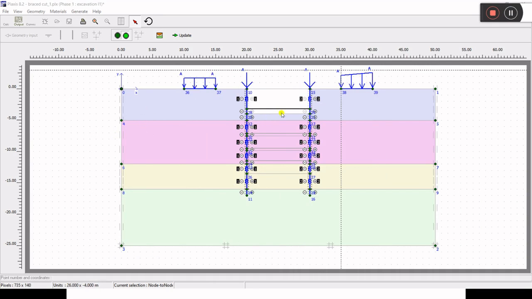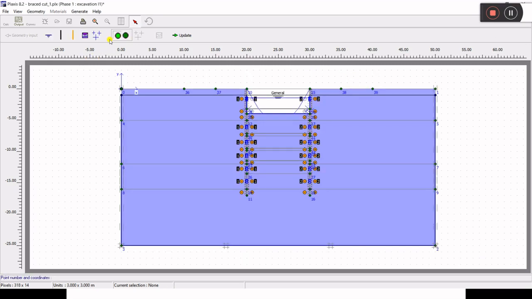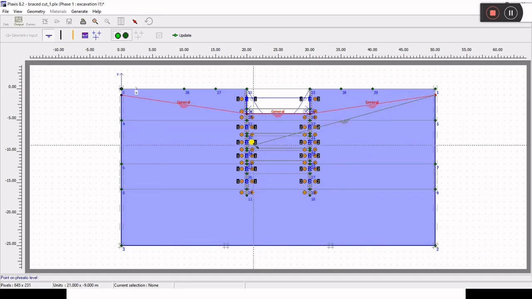Okay, so when you activate all these, next you'll have to define the water level also. So you click on this for defining water level, and so you can see this is the water level. We don't want water level like this. In the first stage, the water level will be from here to here, up to the excavation of stage 1. So I'll go and I'll create the water level. From here it will go up to here, then this point, and then this point. Okay, so this is the water level we want.